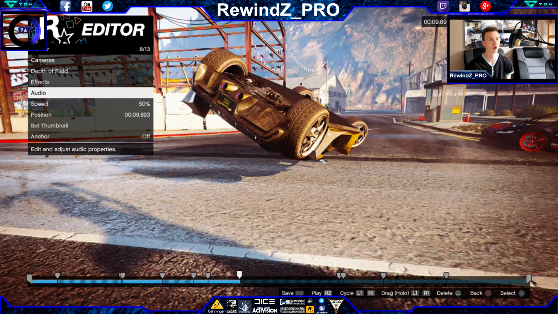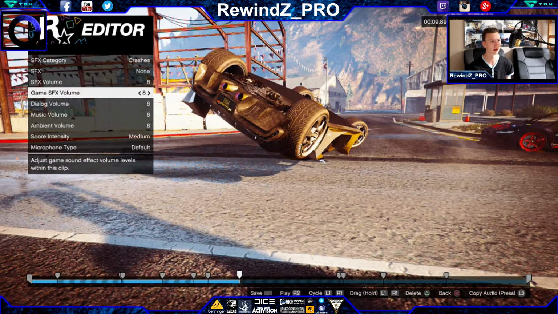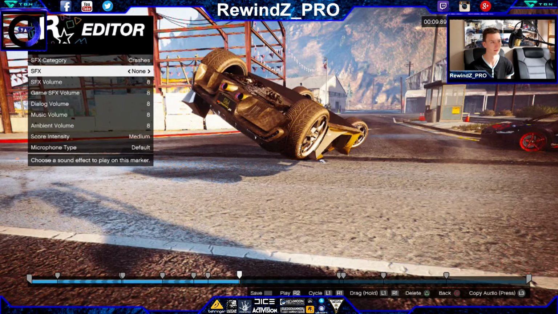You can also do audio, so basically you can focus the audio on the car that you're facing, so it will block out the sound from the other cars, and focus mainly on the car that you're pointing at. For example, if you watch Fast and Furious films, they focus the camera and the audio on the car which they are actually shooting, and all the cars in the background are just quiet. So you can actually play around with the effects,